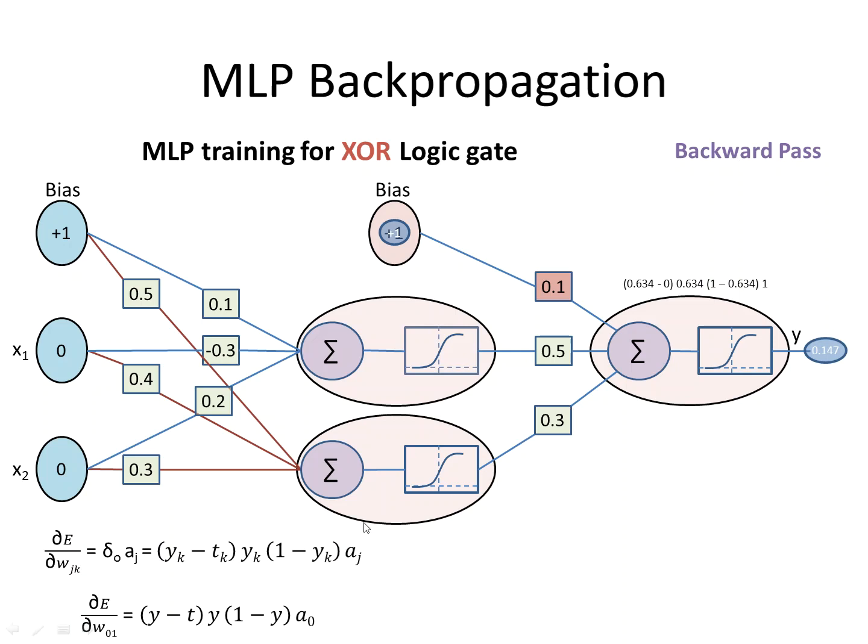So after going ahead with this calculation, it gave me the output as 0.1147, and it will pass again in the backward direction. And now we need to modify the weight. This weight needs to be modified with this formula. So here 0.1 was the previous weight, minus eta, which is 1 here, times del E upon del W01, which we have figured out as 0.147. So the weight modification will be done here accordingly.